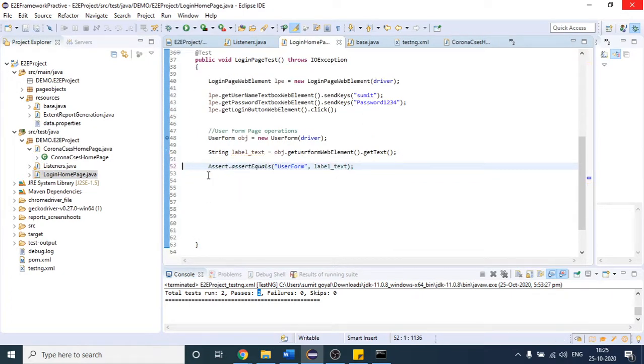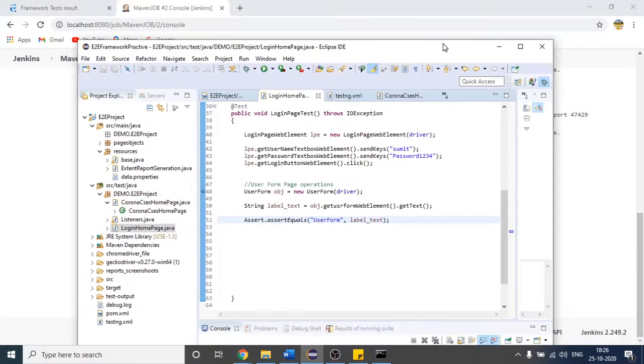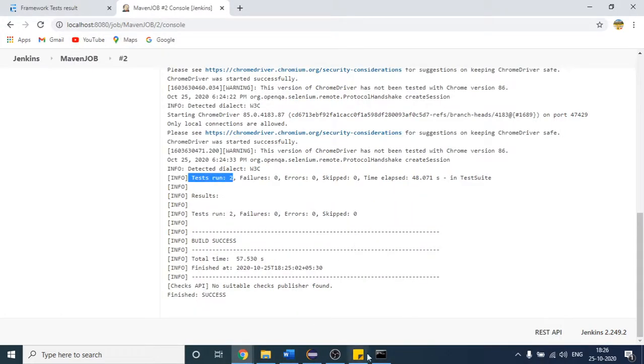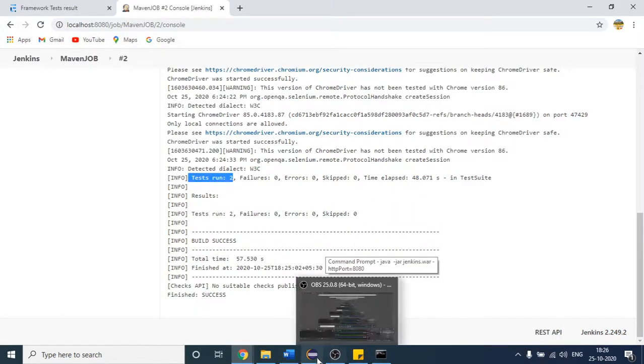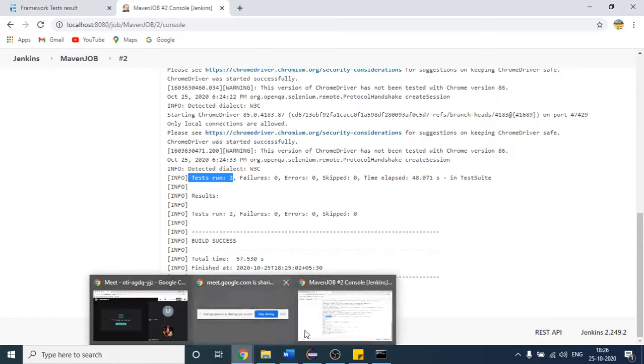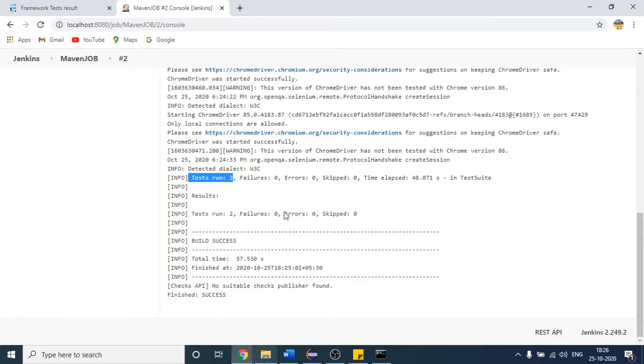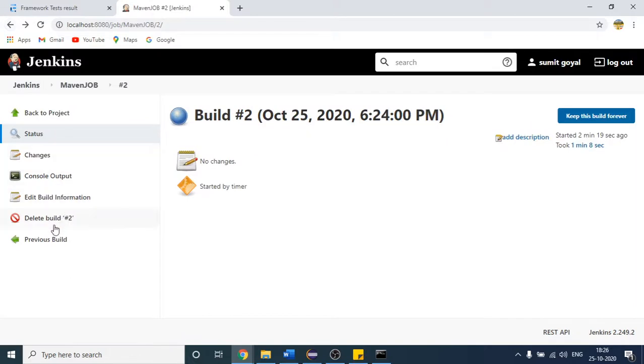So you can have many test cases here. So save it. This time if I run, it will work even if you close your Eclipse. But I want to show that, so I'm opening it. You can also close it, and it will still work fine, no issue. So you do not have to open your Eclipse every time. So where is the one? Yeah. If I come here again, let me set the time.